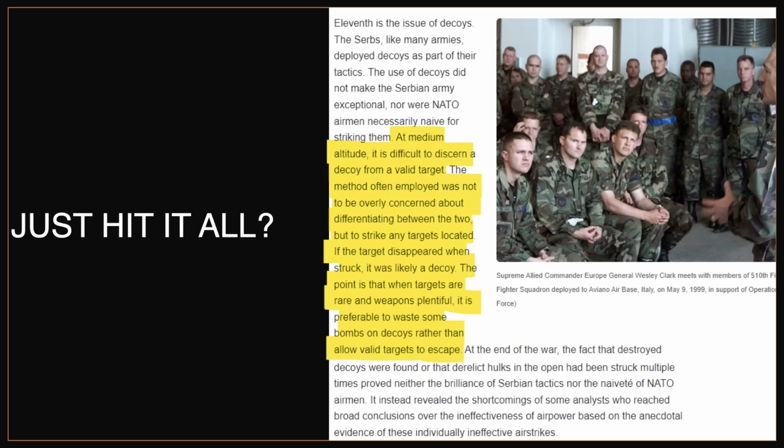After the campaign wound up, NATO undertook an exercise to try and validate just how much damage had actually been done by the airstrikes versus what had been claimed. The result was that of roughly 2,000 claimed hits by NATO pilots on mobile Serbian targets, they were reportedly able to validate about half as striking genuine targets. The decoys did apparently draw some fire, but never on a scale that was going to run NATO out of